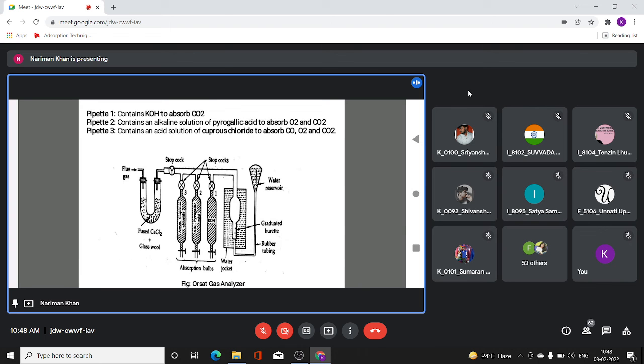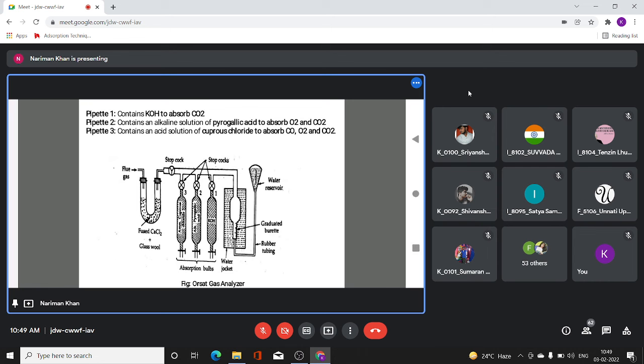Other than water vapor, it is not going to absorb any other gas, because it's a specific property of calcium chloride to absorb moisture. So our flue gas is first passed through the calcium chloride tube, which absorbs moisture. Then our flue gas becomes dry, and then this dry flue gas is allowed to pass into the first pipette,